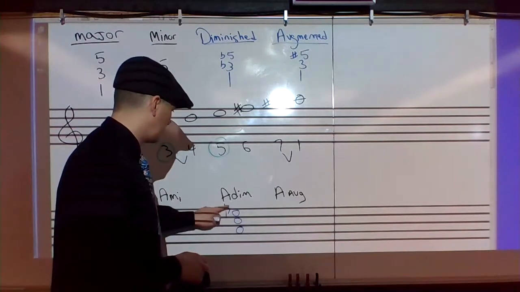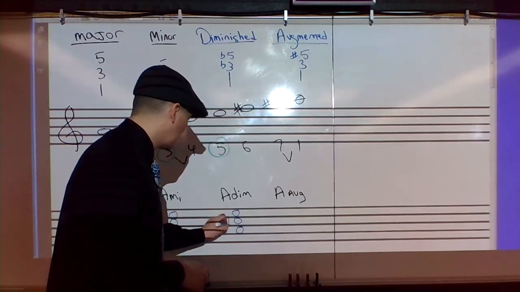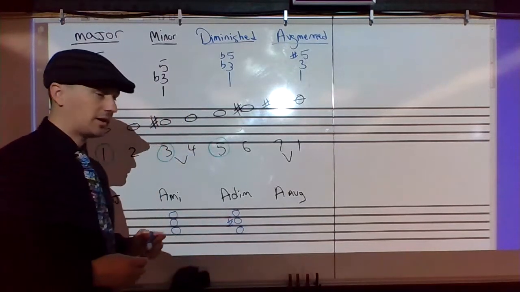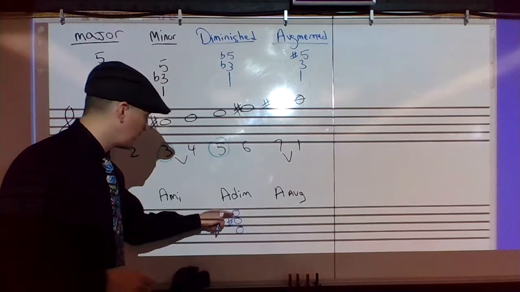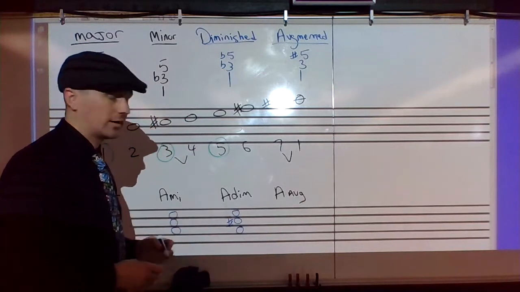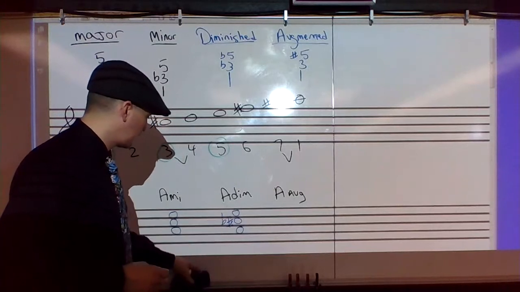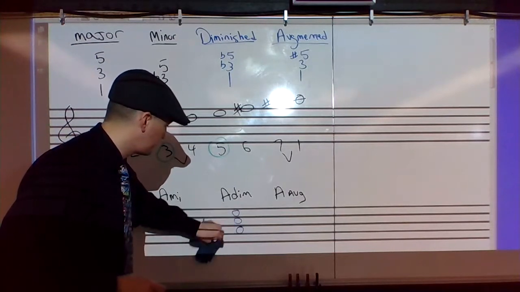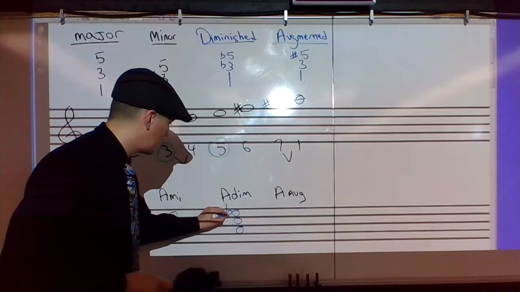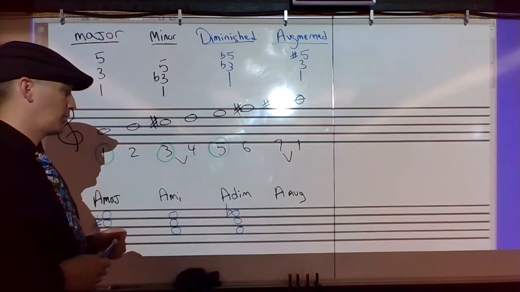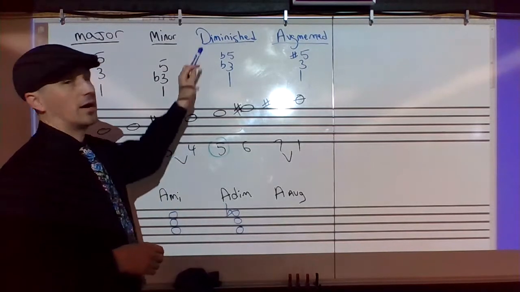Okay, so I'll do that one more time. I started out with A, C sharp, E. I had to flat the third and the fifth in order to create a diminished harmony. Flat the third, that cancels that sharp out. Then I've got to flat the fifth, and I end up with A, C, E flat, which is my A